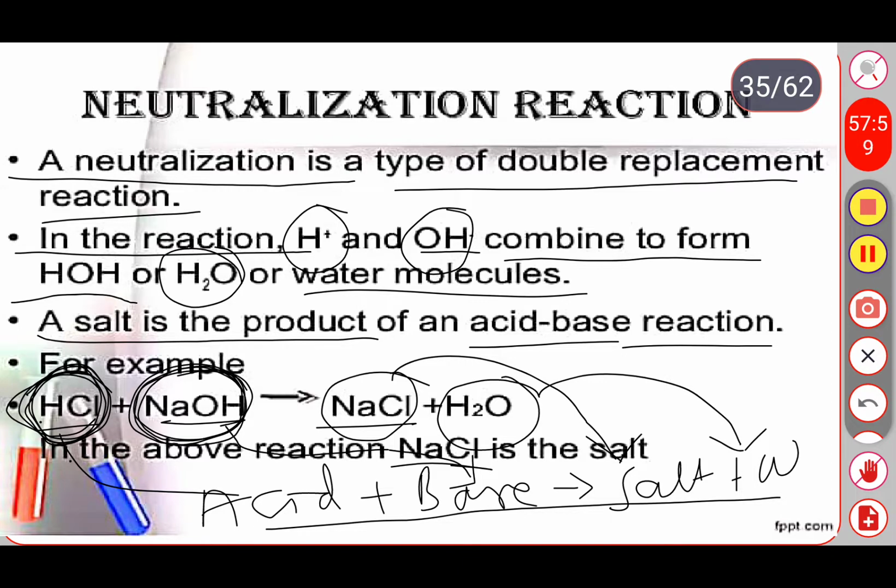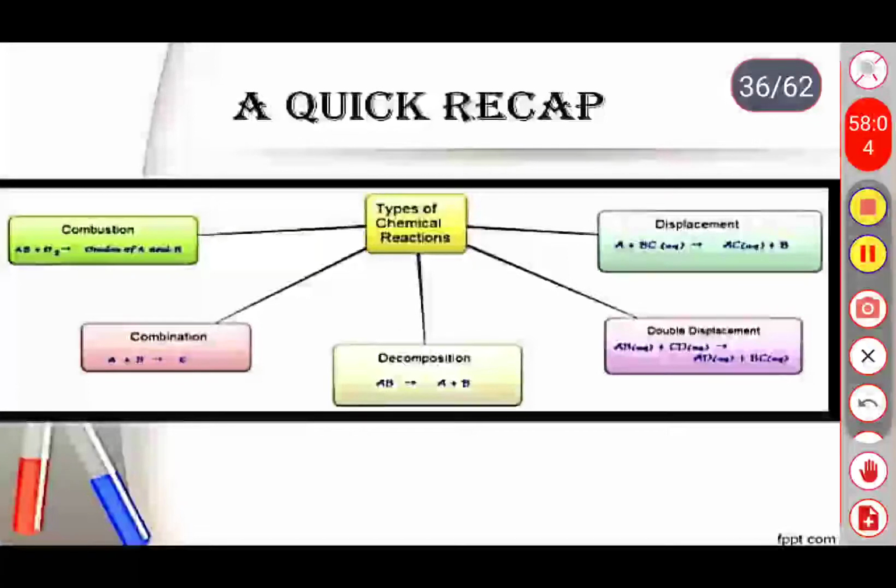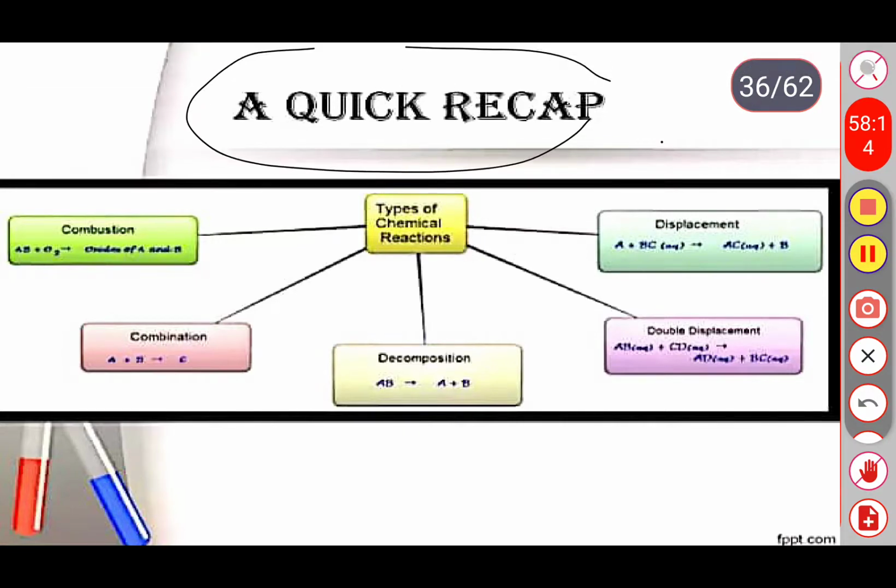First one, combination reaction. Combustion, later we will discuss the combustion reaction. Combination reaction means when two or more substances combine together to form a new single substance, it is called a combination reaction. Decomposition reaction means a single compound is broken down into two simpler elements or atoms, which is called a decomposition reaction. Single displacement reaction means the highly reactive element takes the place of the less reactive element. It means the exchange of ions. That is a single displacement reaction.